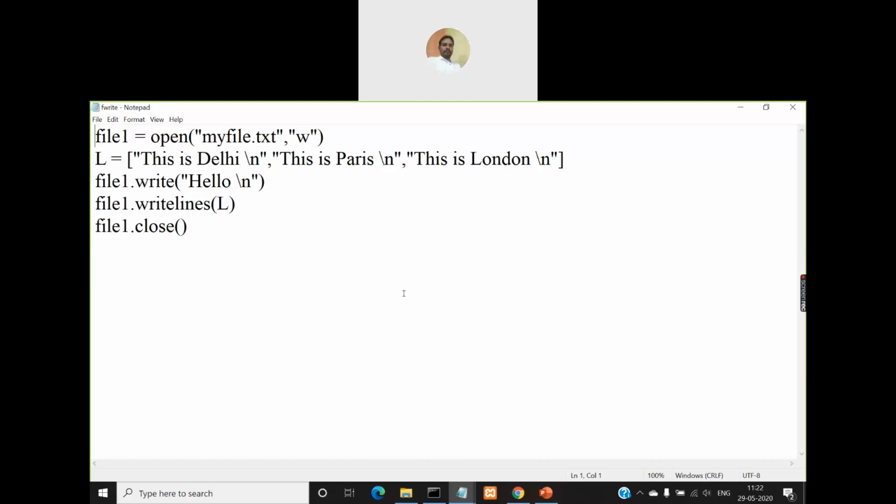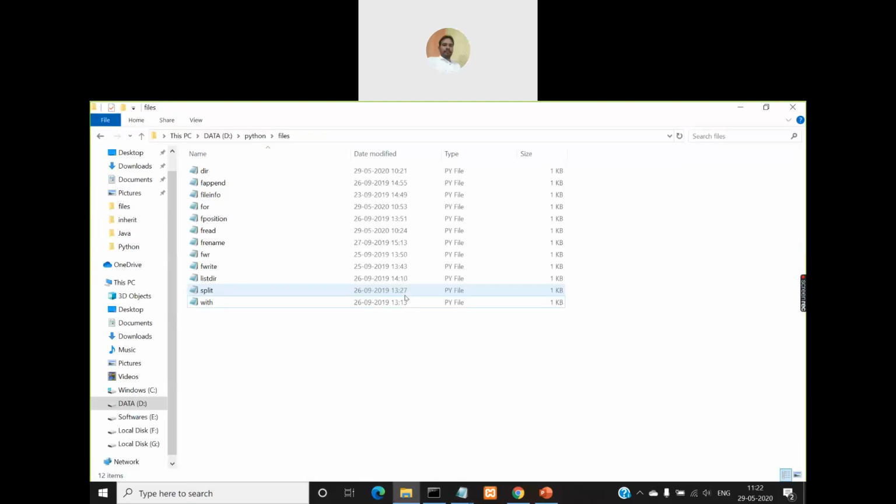Because you are opening it in write mode, if the file already exists, then that file will be opened. If the file does not exist, then the file will be created and opened. But where is this open function going to search for the file? In the current working directory. So wherever your program fwrite.py is stored, in that directory it is going to search. So look at this directory. Do we have that file called